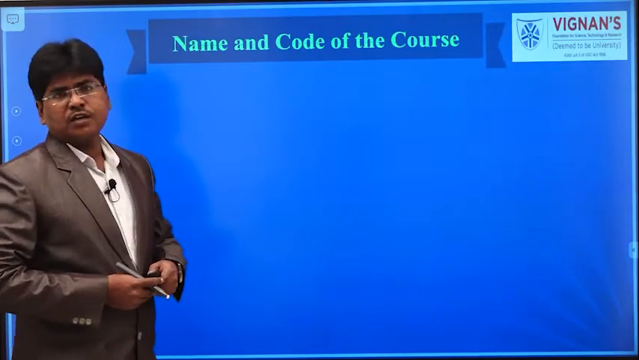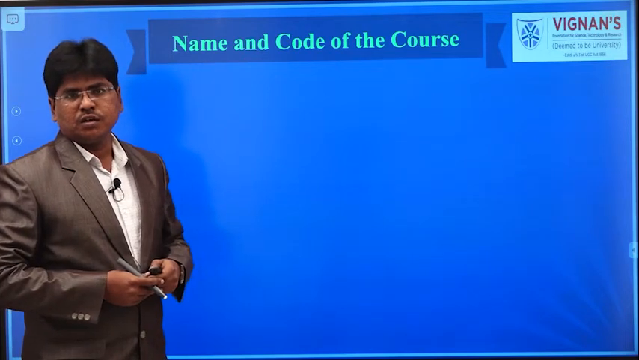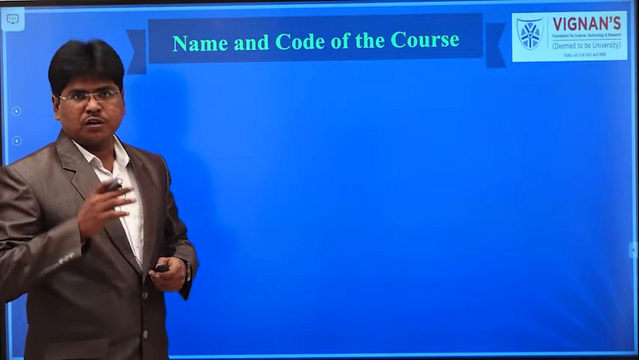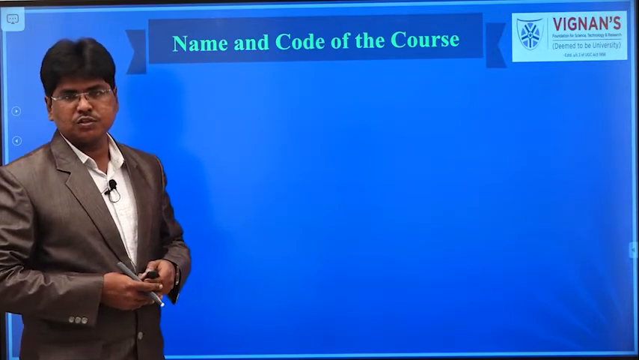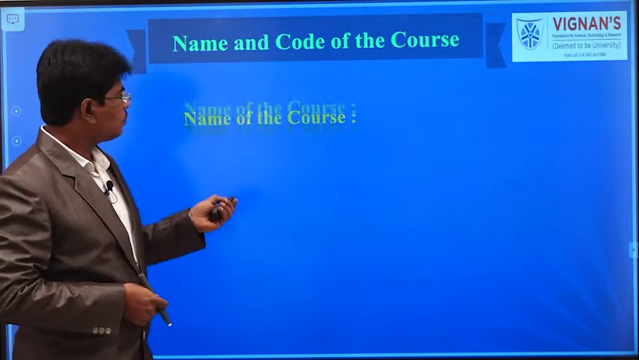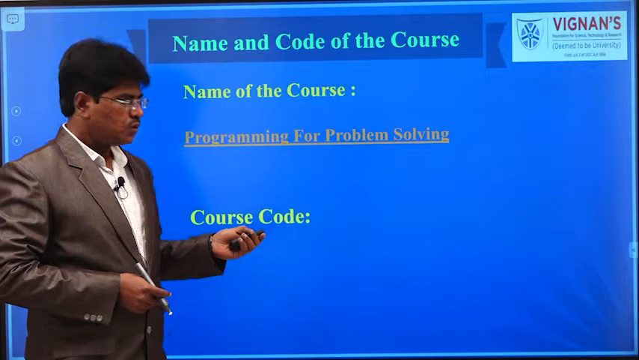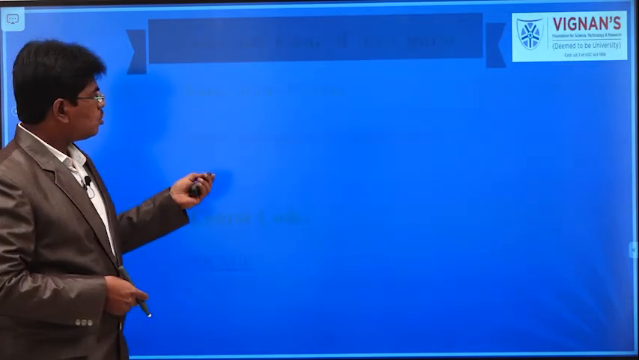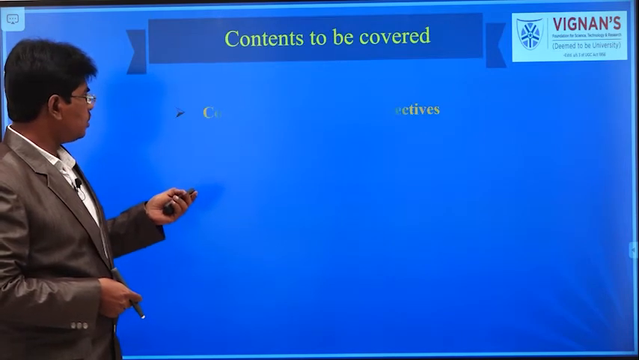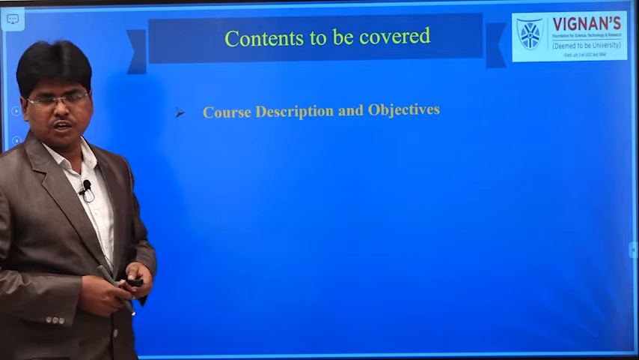So today I am going to cover the different concepts related to our course, that is Programming for Problem Solving. Our course name is Programming for Problem Solving and the subject code is 19CS102. The topics to be covered in this video session: the main course objectives and description about the